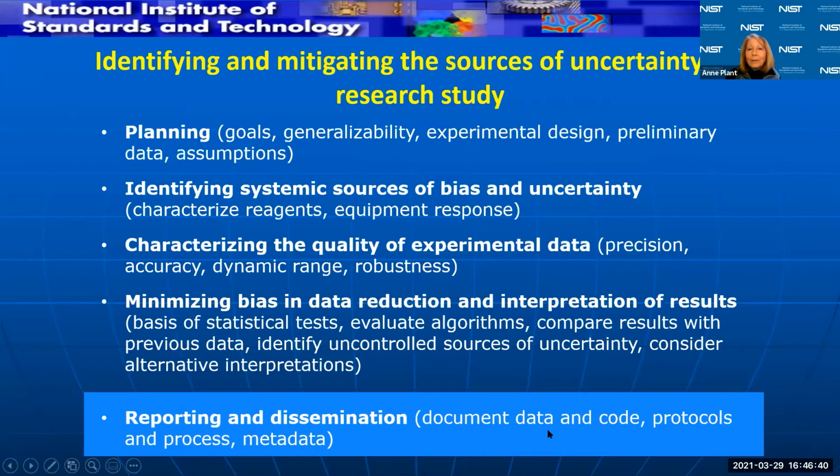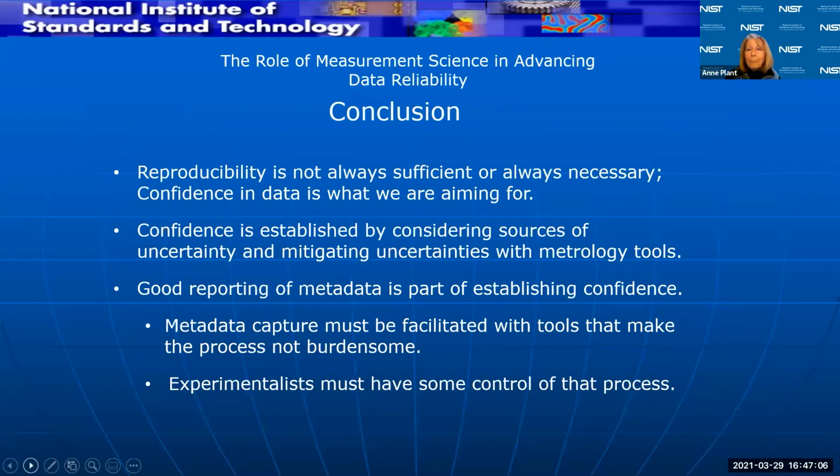As you all try to do here, documenting the data and the code, more difficult perhaps to document protocols and process for an elaborate experiment. But all of this is part of metadata, and metadata has to be a really important part of reporting and disseminating if we're going to achieve confidence in research and facilitate data sharing.